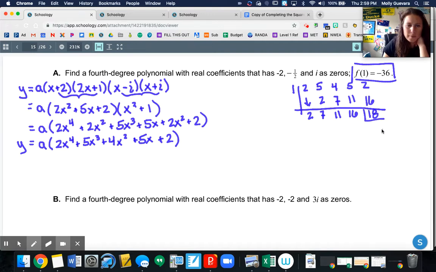Okay, so if I plug in 1 into this, I would get out 18. So this tells me that a,